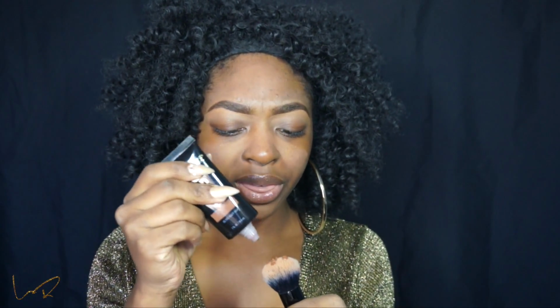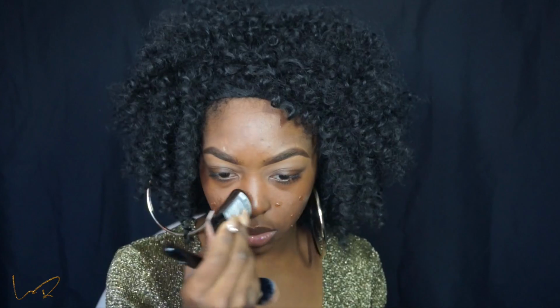So for foundation, I'm going to be using the Black Radiance True Complexion BB Cream. And I picked up the shade Brown Sugar. I couldn't really tell how the shade range ran, so we'll see. I'm just going to apply some to my brush and then buff it in. It's pretty thick. Like, it's pretty thick. It's a little chocolate, honey. Yeah, I need more. I'm going to try and balance it out with my concealer and everything. Because right now...